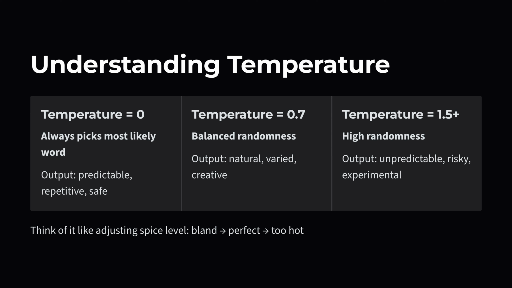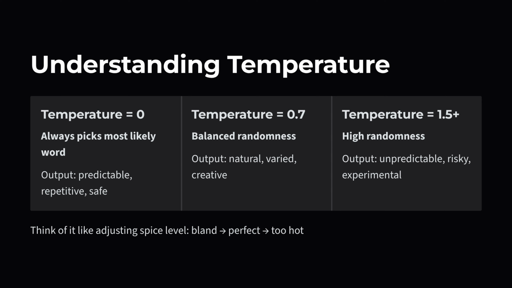Understanding temperature. Now let's look closely at temperature. Think of it as a confidence level for choosing the next word. At 0, the model becomes extremely predictable and always takes the safest path, which is good for accuracy, but often sounds stiff. Around 0.7, you get a comfortable balance that feels natural, which is why this range is common in production. When you raise temperature, the model becomes more willing to explore, which is great for brainstorming, but risky